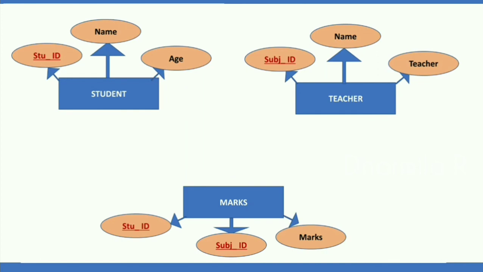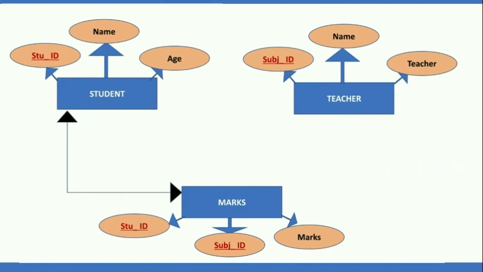So now let's see the relationship between student and marks. Look at the key attribute of student, student ID. That key attribute is copied and pasted in entity marks. So there is relationship. After each exam, who is going to get marks? Yes, students are going to get marks. So the relationship you can name it as get. Since there is relationship, we have to draw this rhombus diagram.